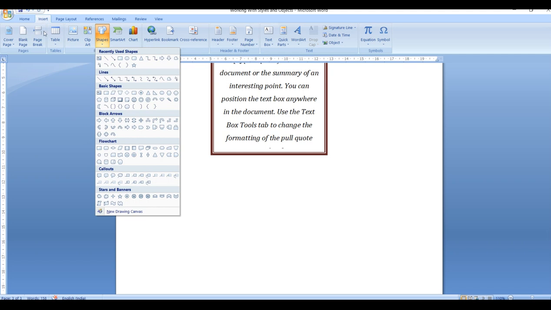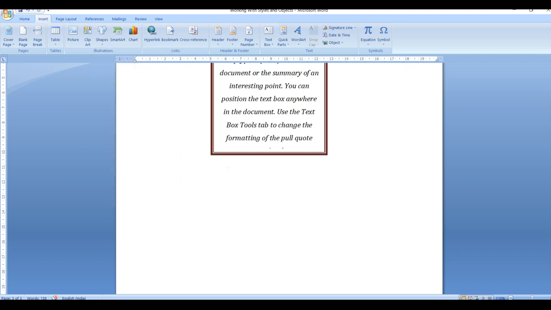So for that, you are going to use these shapes. Now, I have already mentioned previously that whenever you want to add something into your document, whether it is your Word file, Excel or PowerPoint, you have to go to which tab?